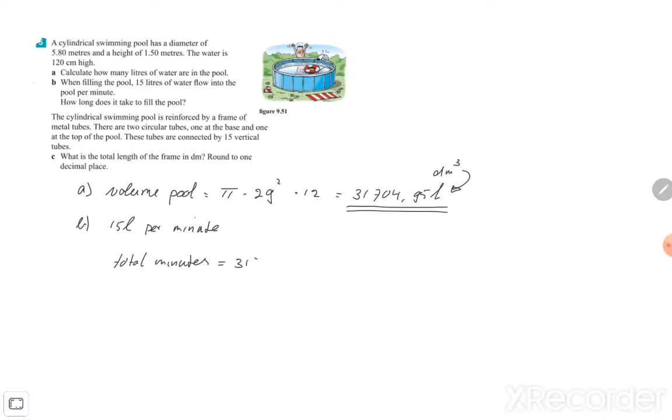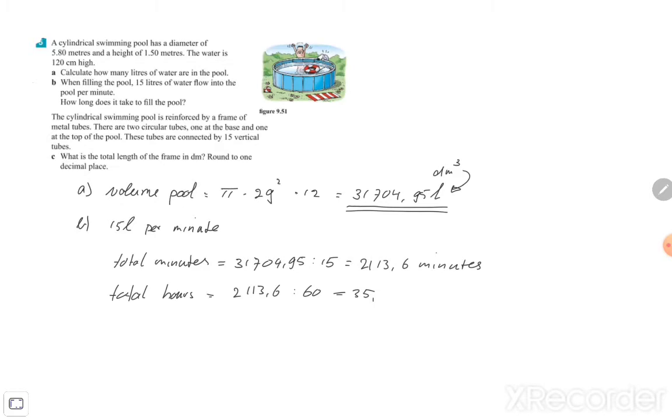is the answer from exercise A, the 31,704.95 liters, divided by 50 liters. So that's 2113.6 minutes. If I want to have the total hours, we need to divide the 2113.6 by 60, because there are 60 minutes in 1 hour. So that's 35,